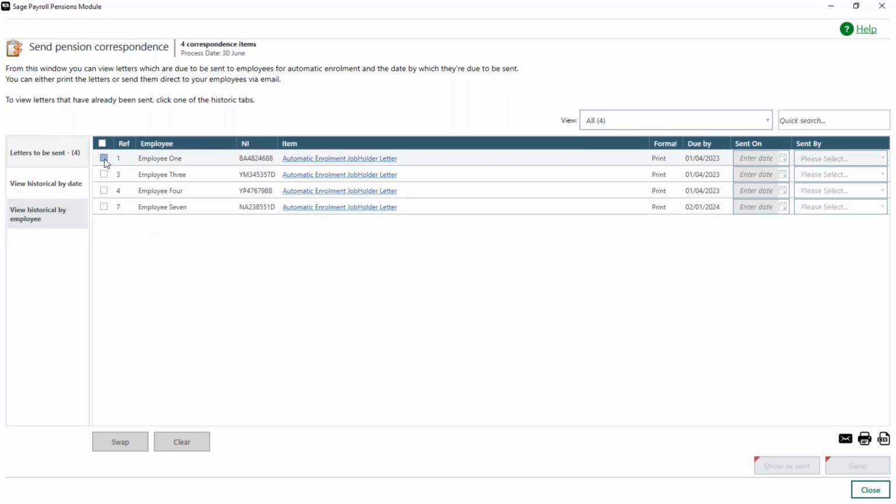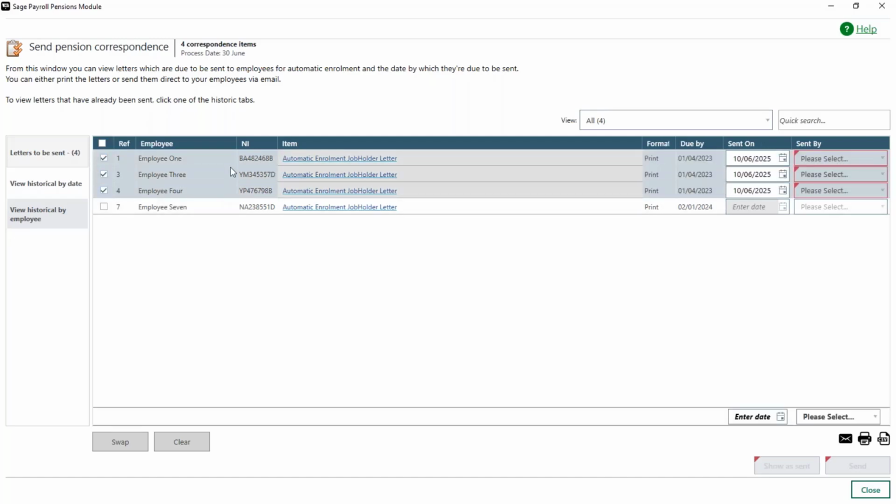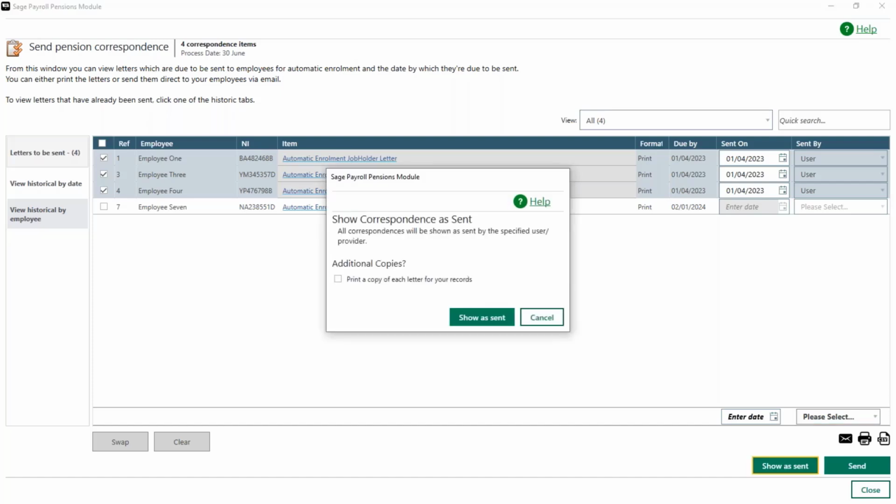Now, what you need to do here ideally is just to record the date or the approximate date that these communications were sent. So I do have 3 employees who were all enrolled on my duty start date. I'm just going to put the same date as the sent on date, just for these historical letters. I'm going to say that the user sent them at the time, and then we can use the show as sent option, which marks them as sent, but it doesn't actually print them out. So when I click show as sent,